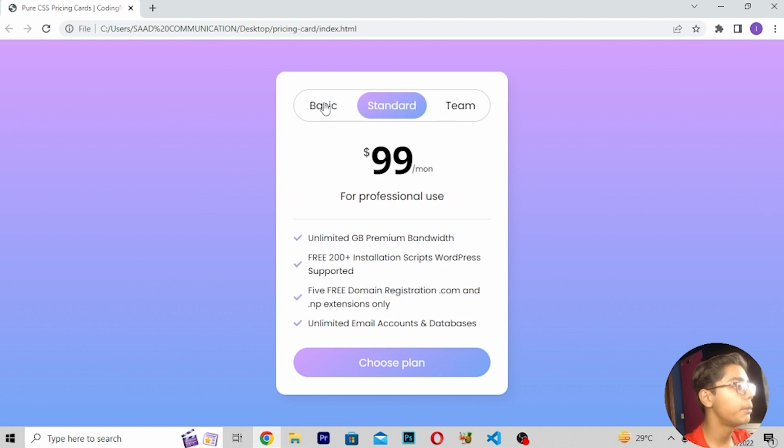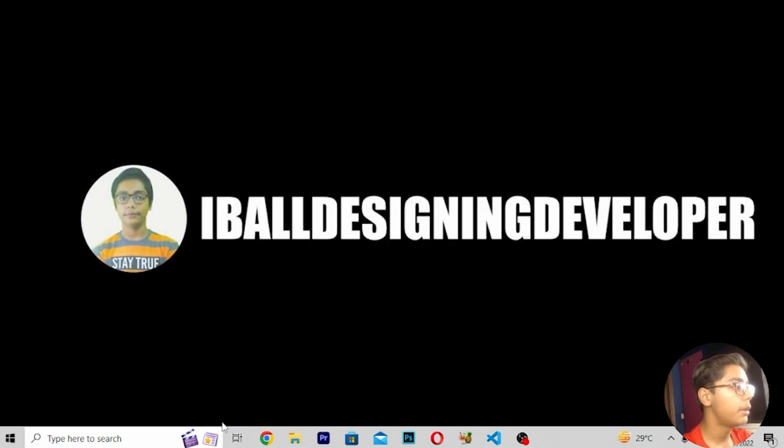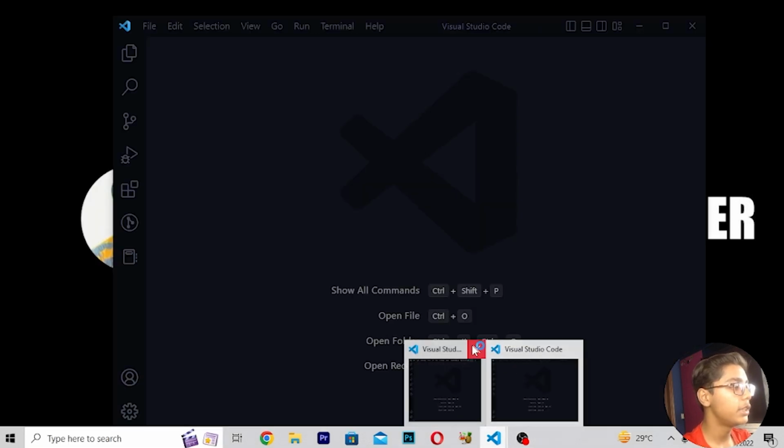This is the normal and simple pricing card which we are building using JavaScript and logical operators, because I am doing everything project based, as you all know. Now I'll start the video and see how to build this pricing card using JavaScript and logical operators. For building this, I will close this and open my VS Code text editor. You can see it has been opened, and I will close the previous one.